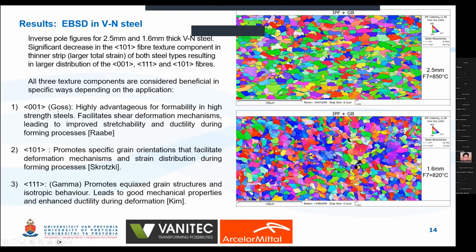The 001 being the Goss texture is highly advantageous for the formability in high-strength steels. It facilitates shear deformation mechanisms and leads to improved stretchability and ductility during the forming process. The 101 promotes specific grain orientations that facilitate deformation mechanisms and strain distribution during forming processes. And the gamma fiber promotes grain structures and isotropic behavior, also leads to good mechanical properties and enhanced ductility. So the full interpretation, we still need to go into this a little bit more,